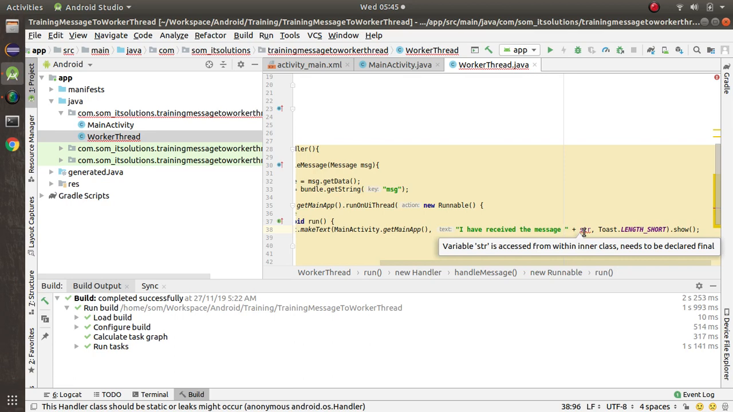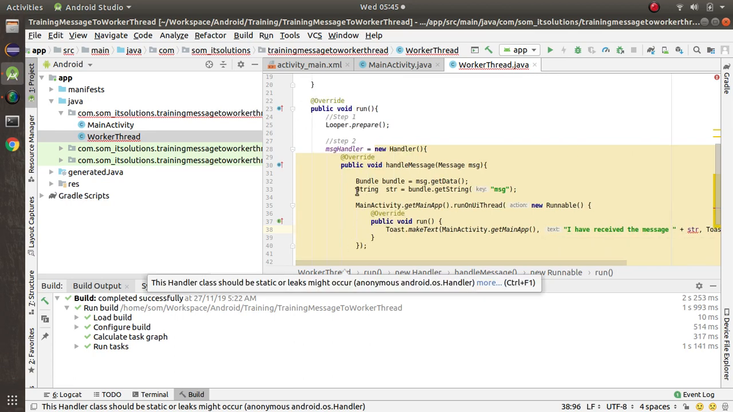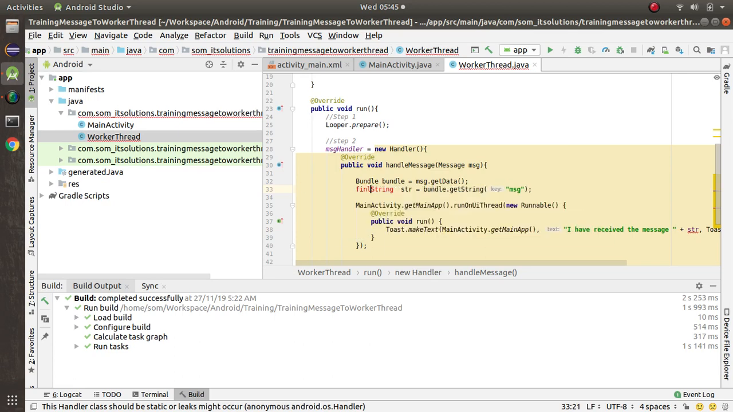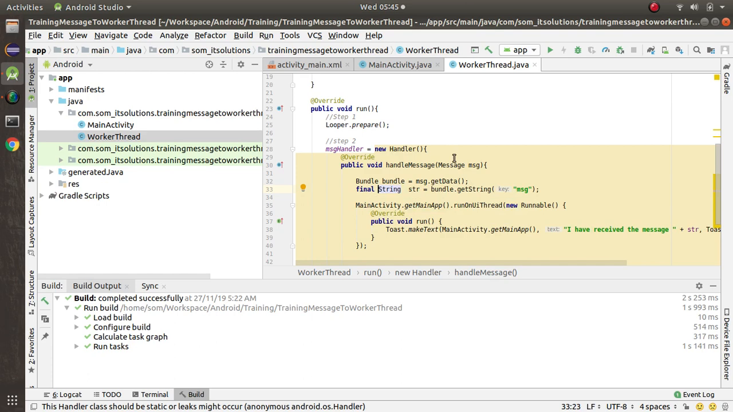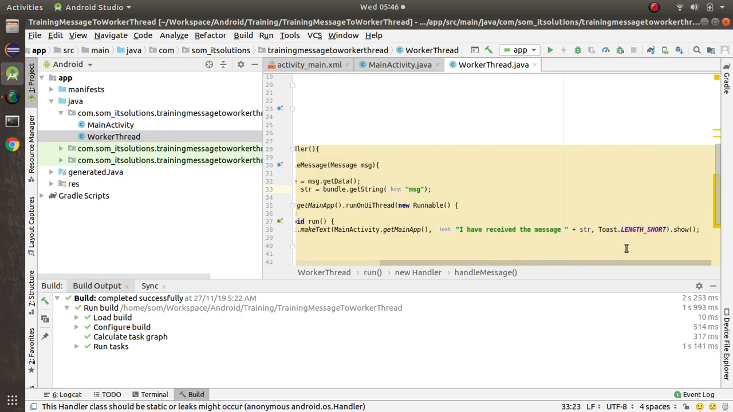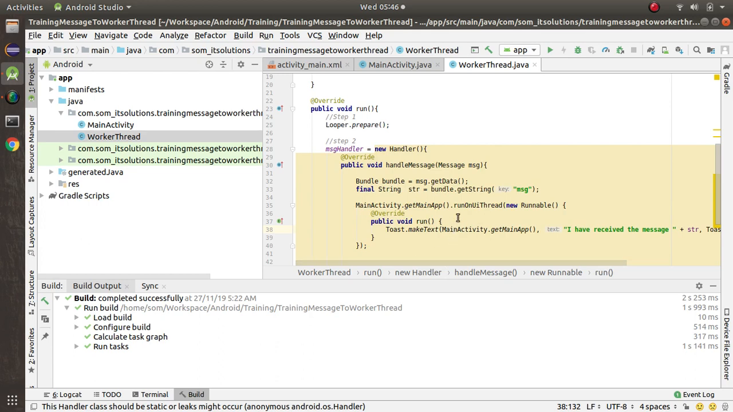Variable string is accessed from within the class, needs to be declared final. So here it needs to be final. We will make it final. Okay, final string, and then there is no problem. And then what I will do, take the length. So, important part you have learned, you will have to call runOnUiThread, because toast